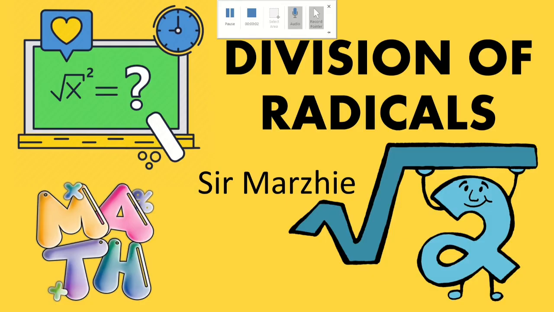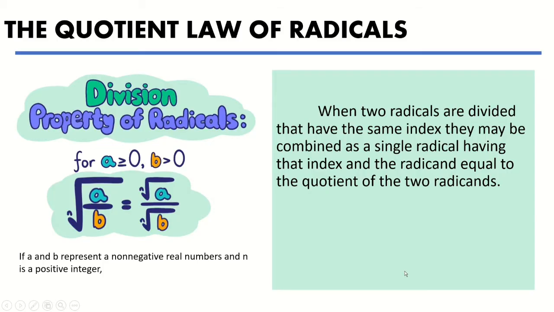Our video lesson for today is all about division of radicals. Okay, division property of radicals. For a is greater than or equal to 0 and b is greater than 0,